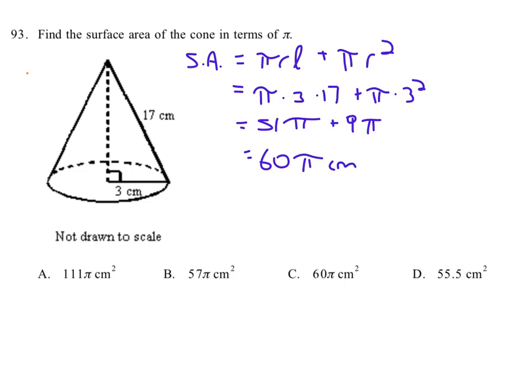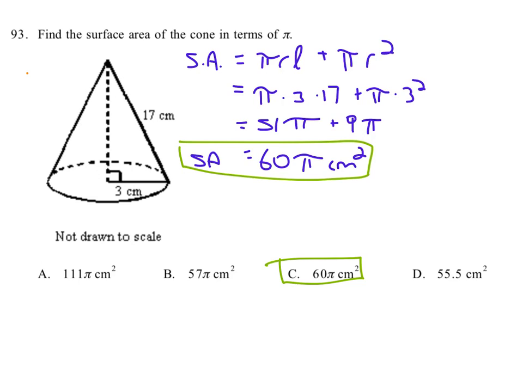And what's the units? Centimeters. So if we're talking about area, it's centimeters squared. So the total surface area is 60 pi centimeters squared, and that is choice